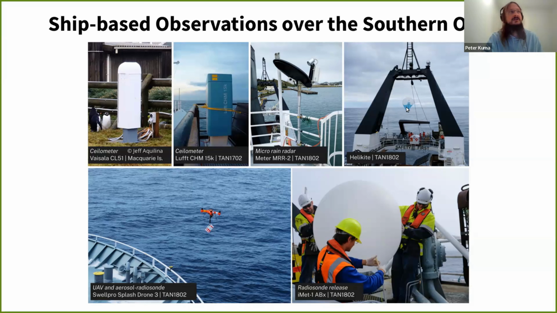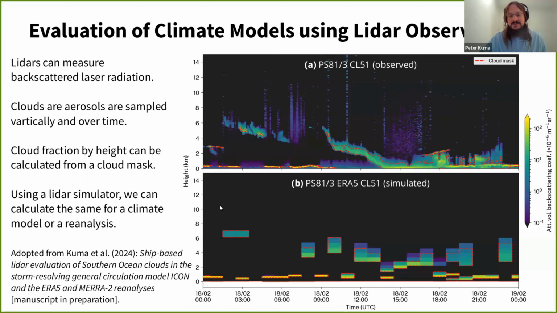And on the balloon we had packages which measured various aerosols and temperature and humidity and so on. And this here, that's me launching a weather balloon. So a few times on the voyage per day, we launched a weather balloon with a radiosonde to measure the atmospheric profiles. And we had a UAV, which is this one, also to measure various properties of the air by height. I'll skip the videos because there's not that much time.